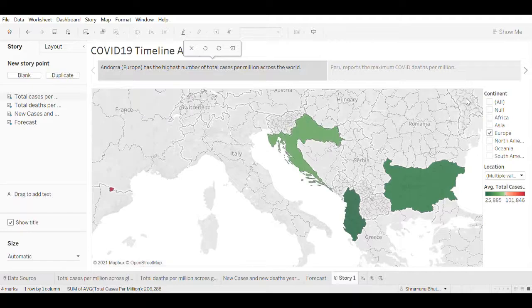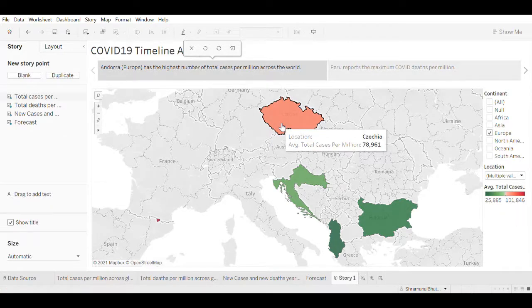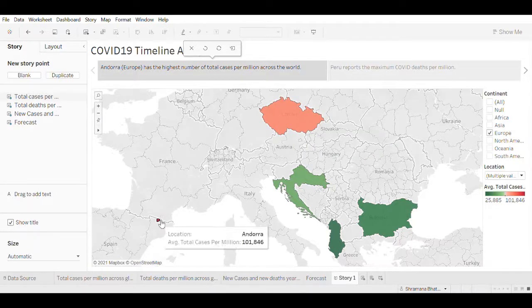So I'll show all these things as well. Zakia, I don't know how to pronounce this, but it is also reporting very high cases, and the maximum is here in Andorra. Okay, if I check for Asia,